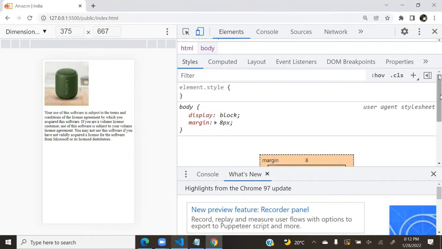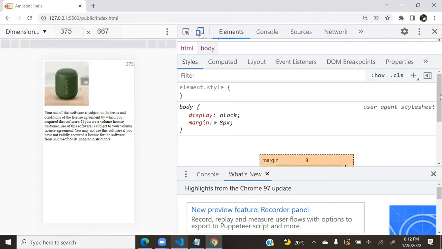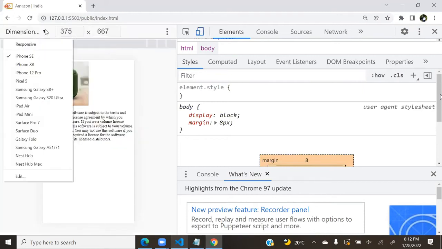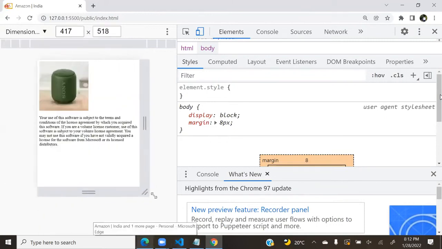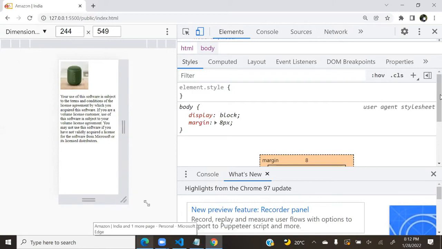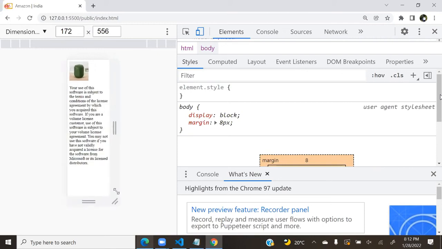So the point here is we can test directly by clicking the button. We can change that and we can understand. You can even observe that if it is responsive, when I adjust the width, the content will fit accordingly.